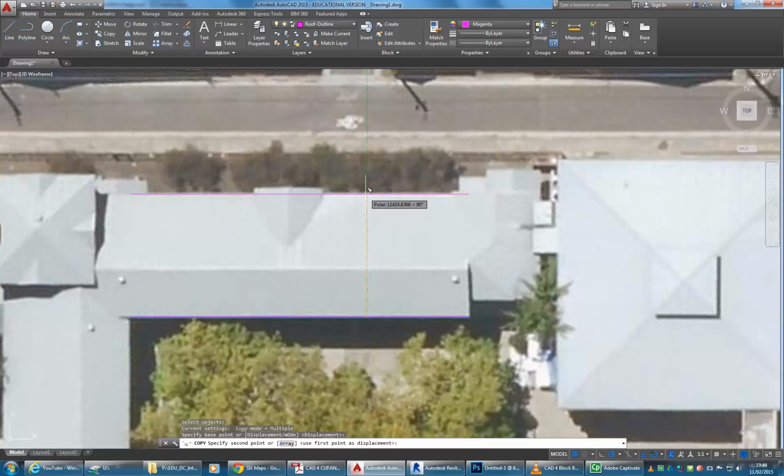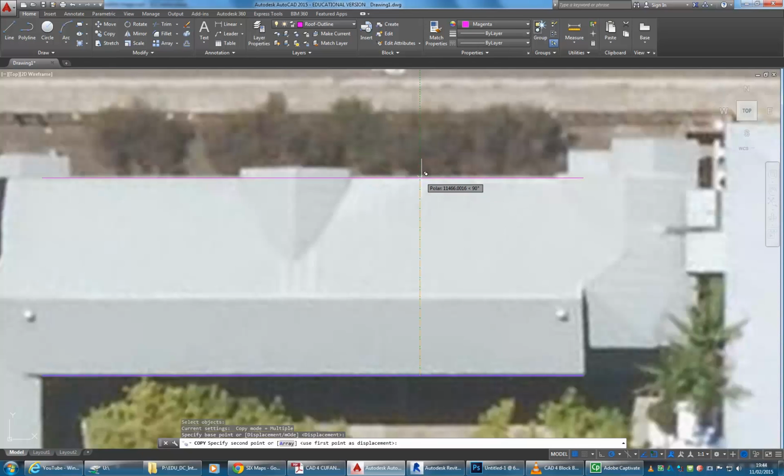It's telling me there, 11,447, 11,446. It's pretty close to 11,500. So I'm just going to say that's close enough to 11.5 metres, and that's an easier measurement to work with than what it is now,